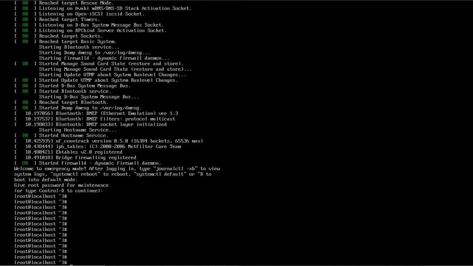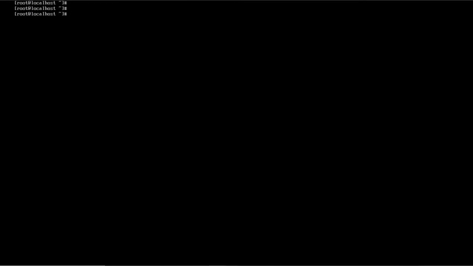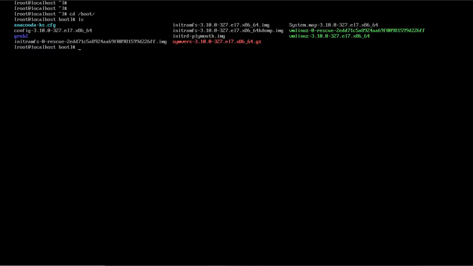Now for example, I will give you an example of corruption. Let's say someone has deleted the kernel file. Now we know the kernel file is under /boot. Now suppose someone has deleted this kernel file. Why can it be deleted? Because it is not in use after booting the system.